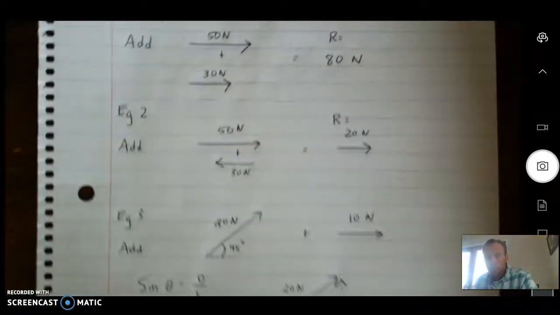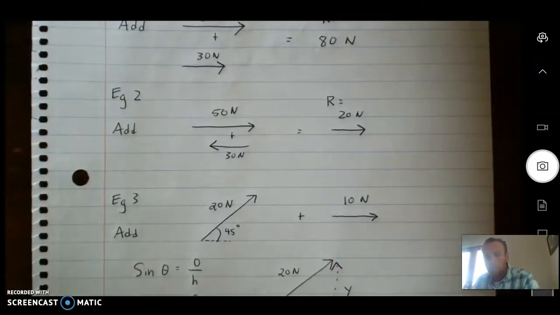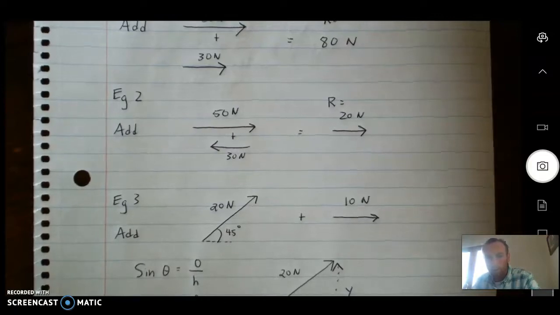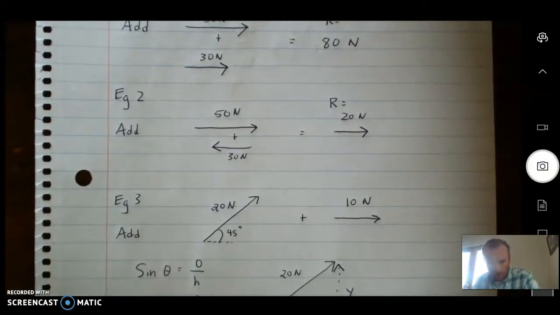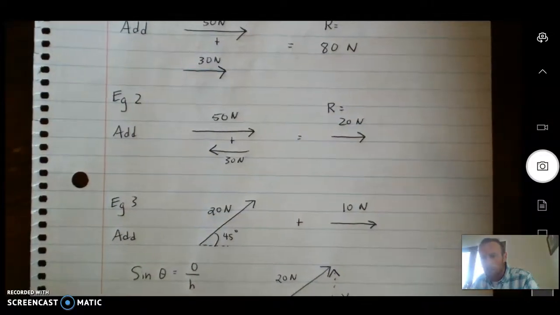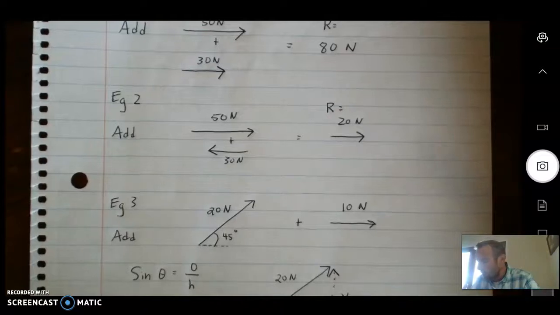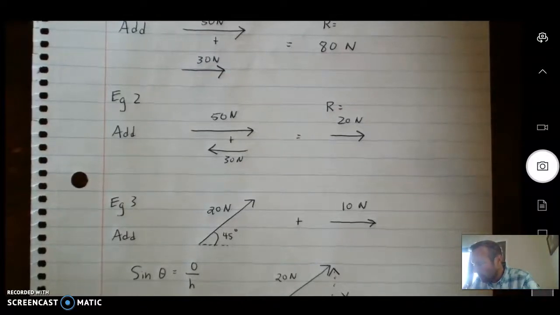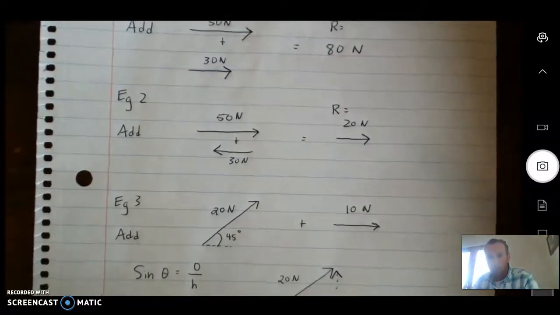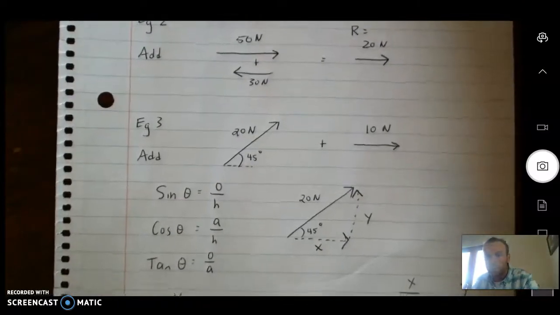And so you'll see that notation from time to time. The second example I have here is pretty similar. They're both on the same plane. The 50 Newton and the 30 Newton force now are pointing in opposite directions. So in this case we're going to subtract the 30 Newtons from the 50 Newtons, and my resultant force is still a 20 Newton force to the right. But what do you do, and this is the focus of today's lesson,